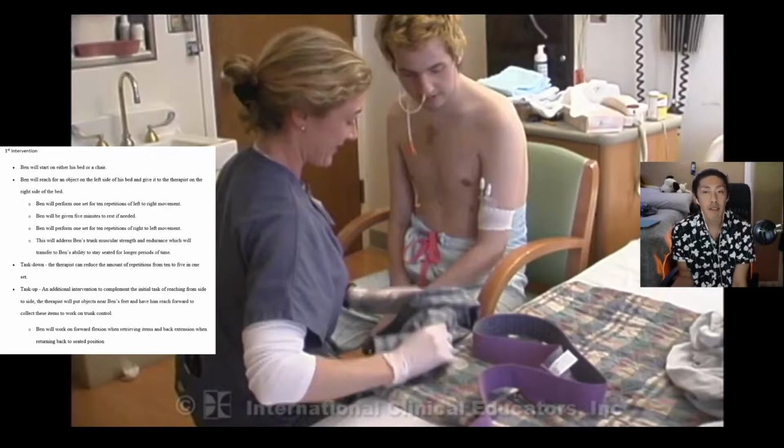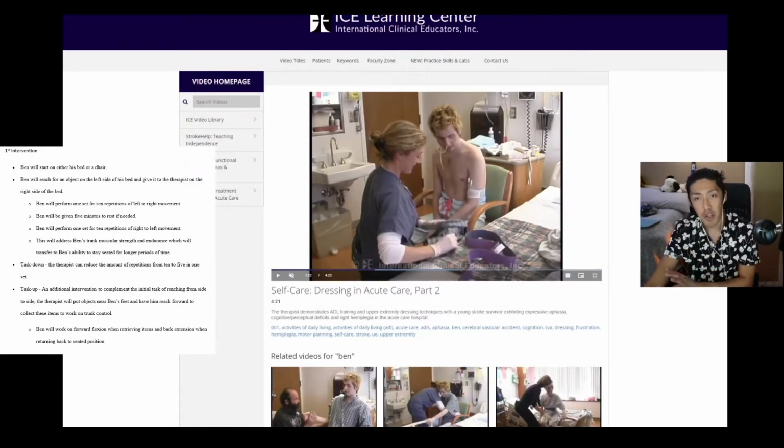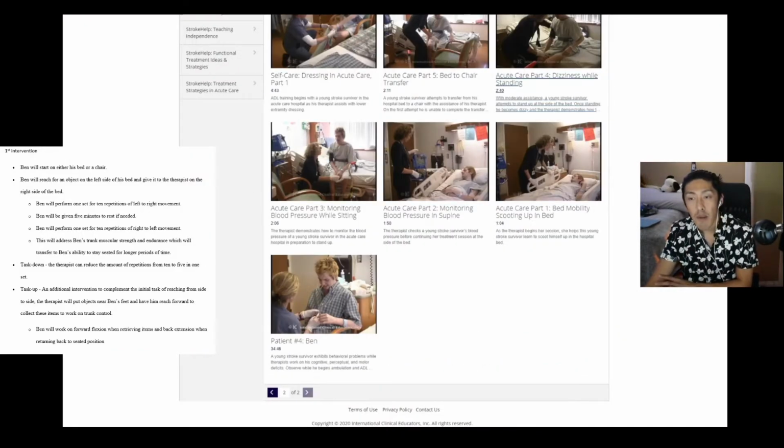If Ben can only sit for 5 minutes, this is a baseline. We might have just only enough time to help Ben put a shirt on before he wants to lay back down. So by increasing his trunk strength and endurance, we'll be able to do more dressing, self-care, ADLs, all while he is seated. So the first intervention is Ben will be either seated on the chair, or if he's not feeling great or too tired, I want Ben